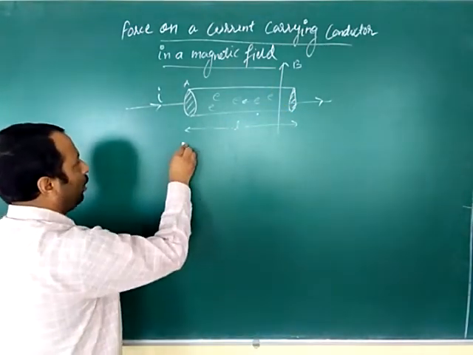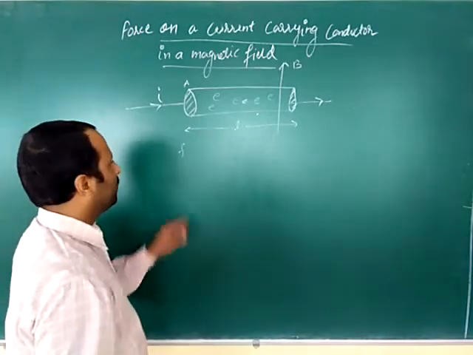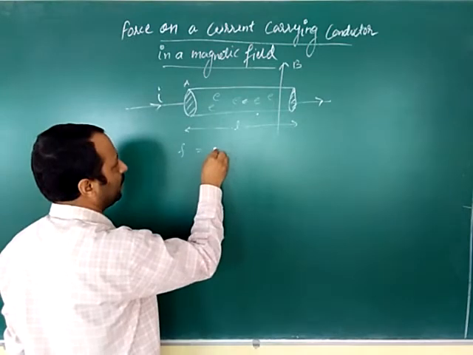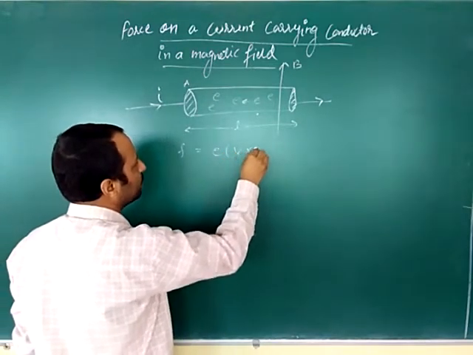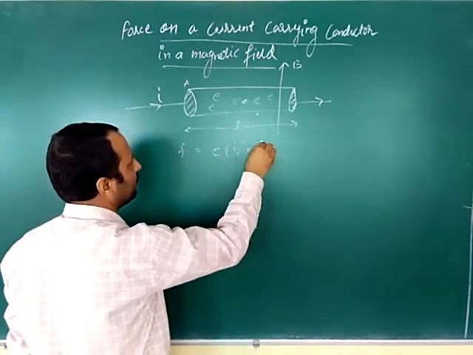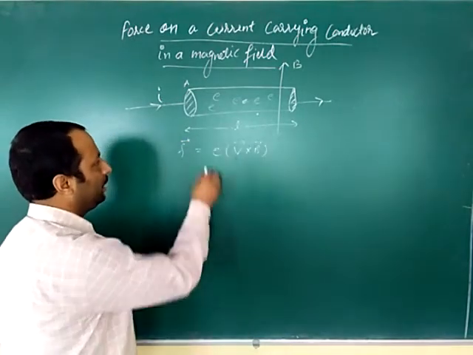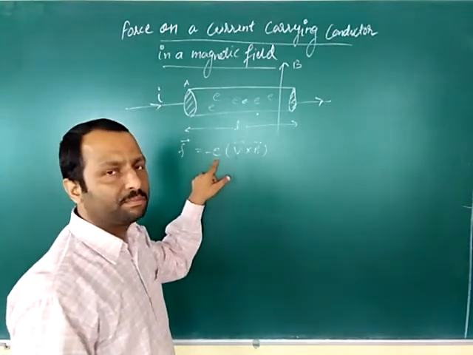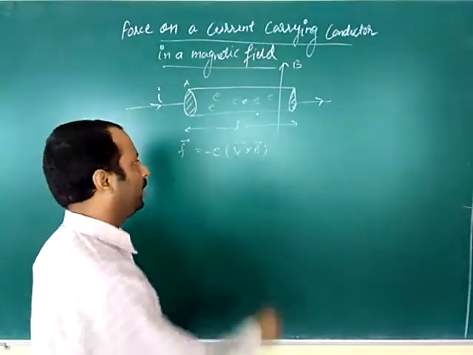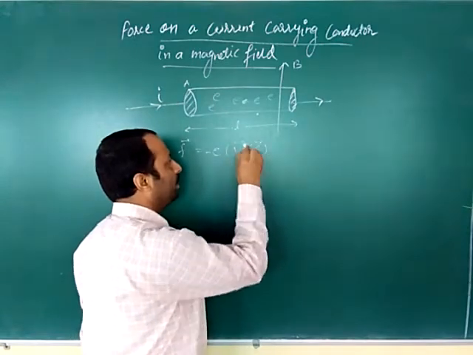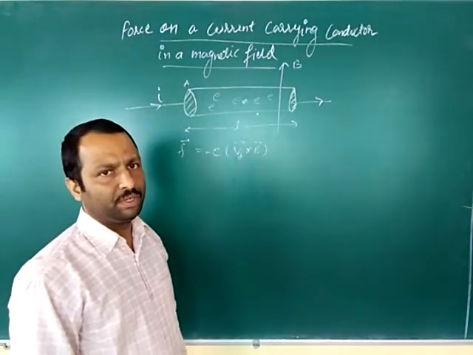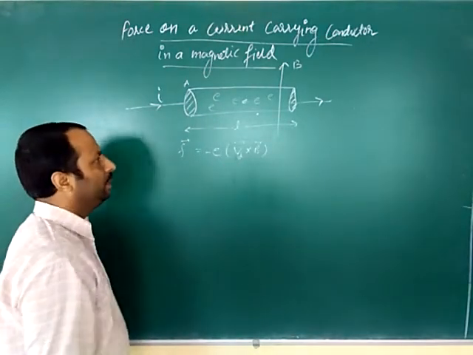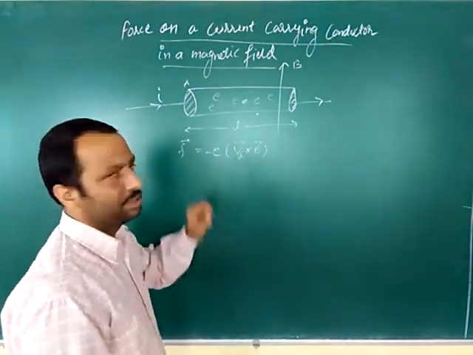So how much force have they experienced? Small f is the force on a single electron. Can that be named as minus e v cross B? This thing we have calculated, and here the minus sign indicates the force experienced by the electrons, and the velocity we are referring to here is the drift velocity. So the force experienced by an electron in the magnetic field is this much.